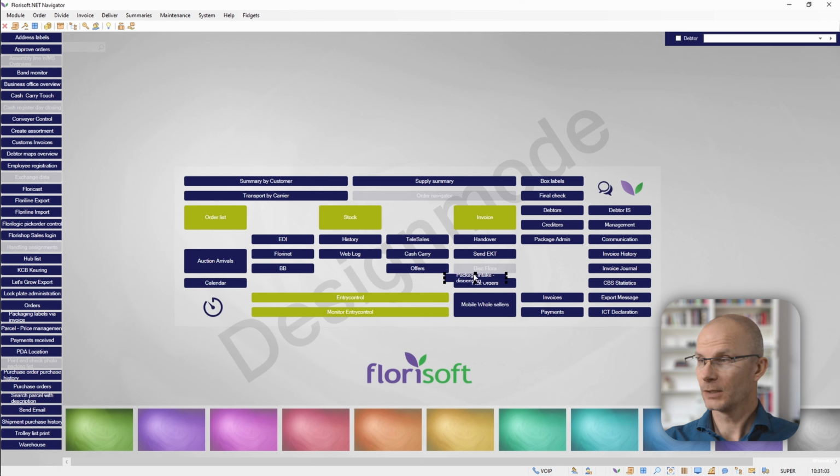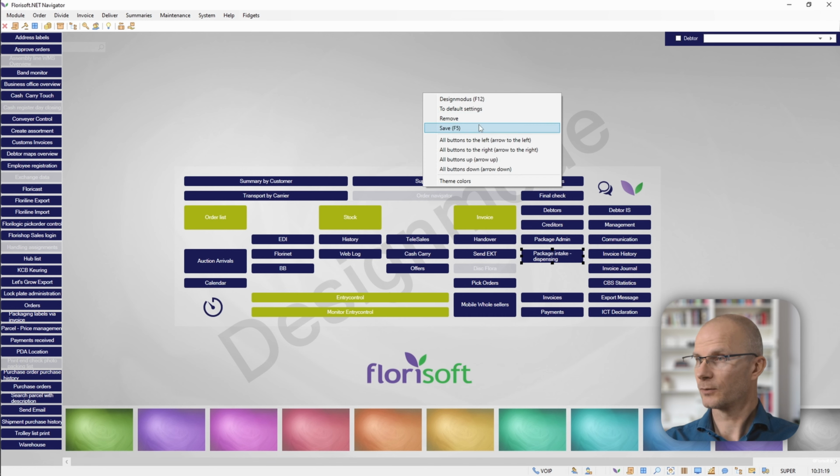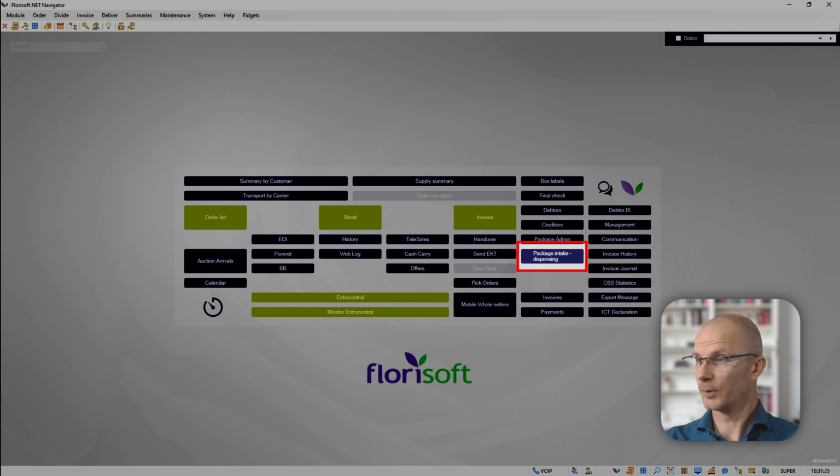Left-click and dragging, you can place it on the location where you want to have it, and via the black nodes on the side of the button you can resize the button. When the navigator is how you want to have it, right-click and select Save or press F5 on the keyboard. Now we have the dedicated button to open the package registration screen.